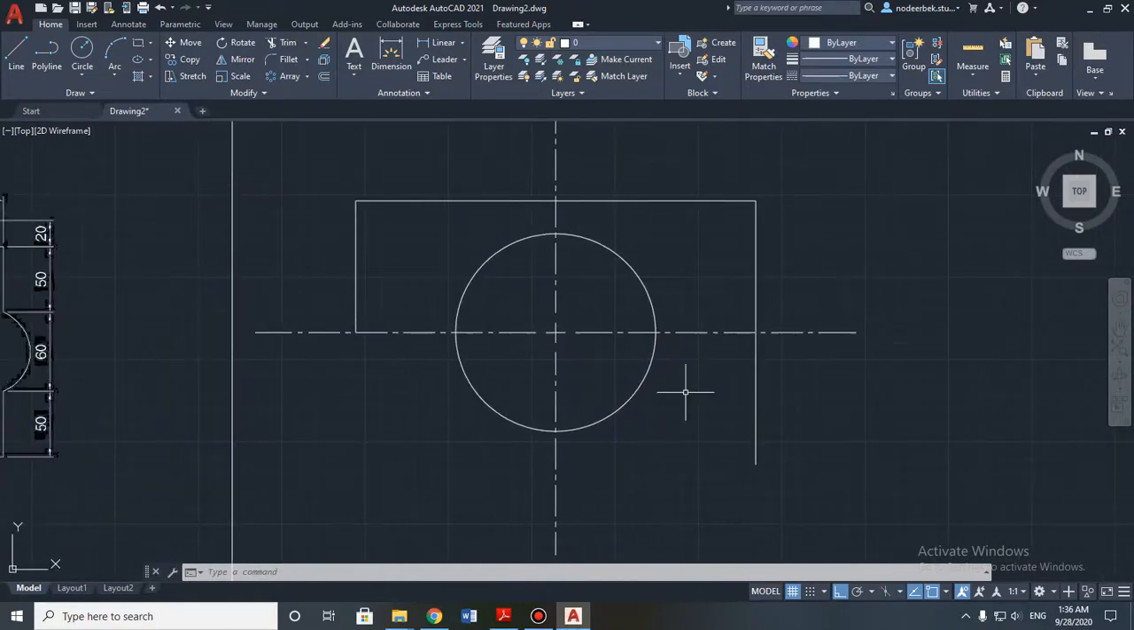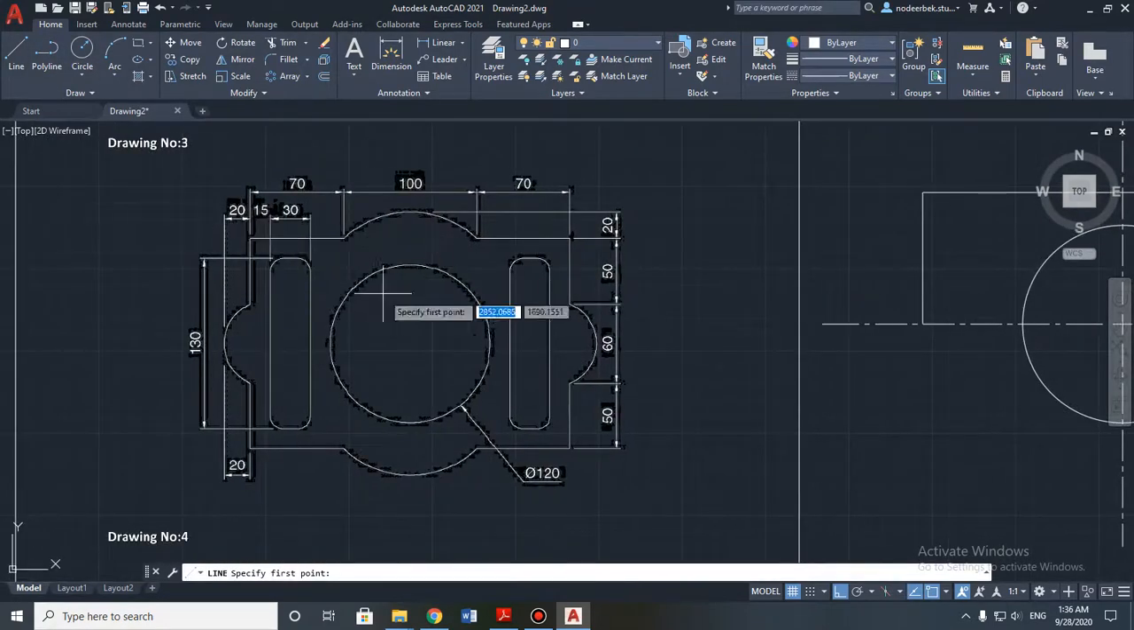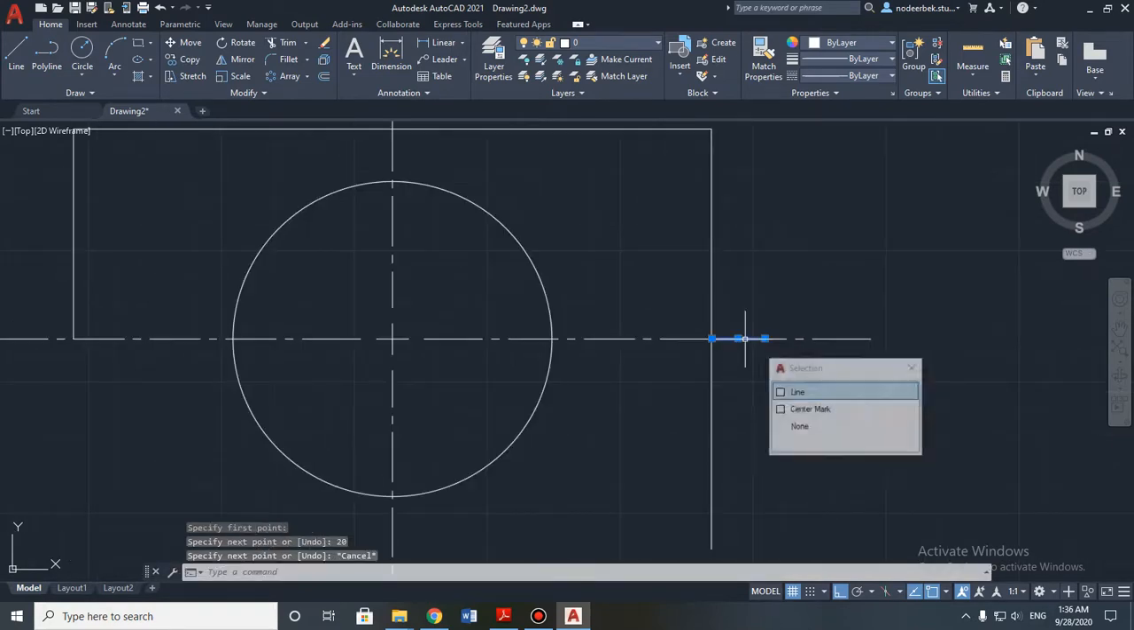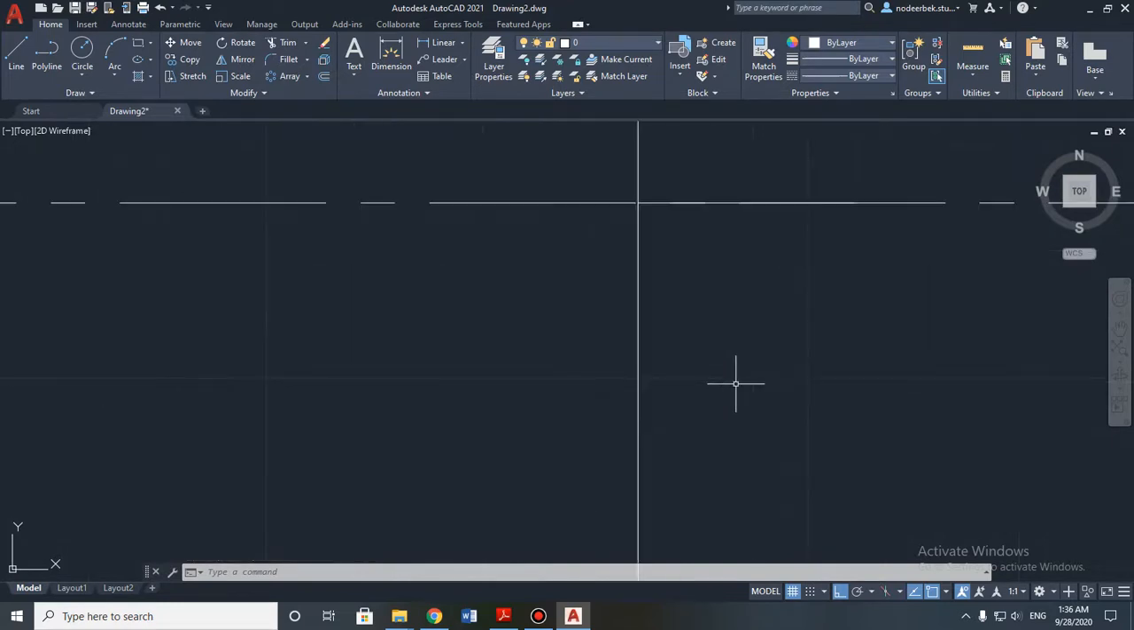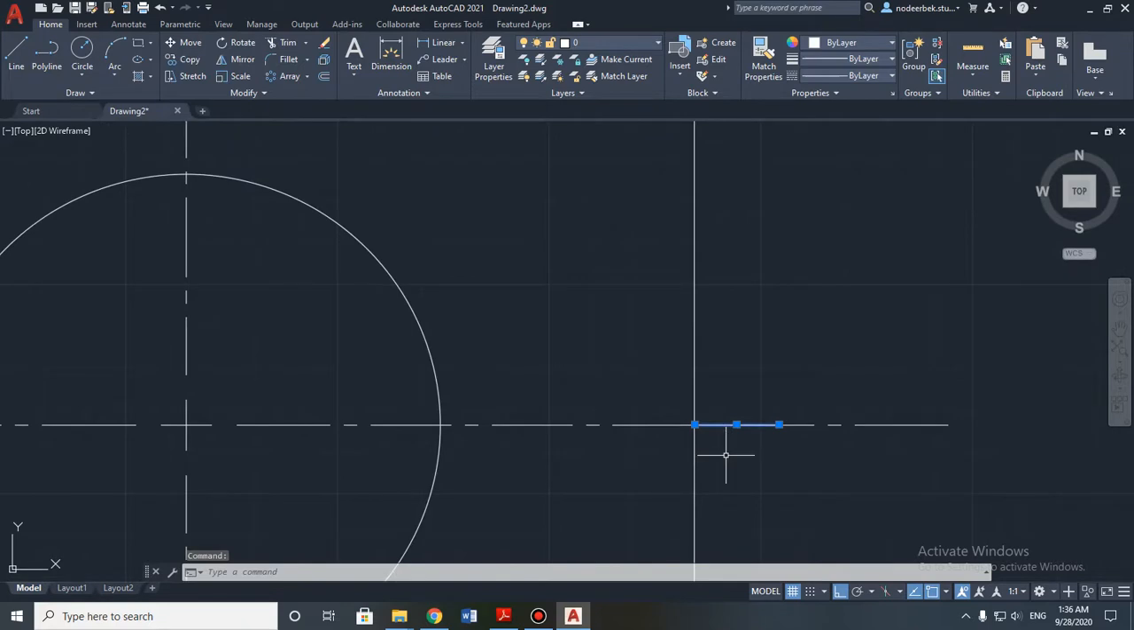I want to do like this. I want to build one circle with like 20 millimeters here, one line, sorry, 20 millimeters. Put this part 20 millimeters. Just select the line, and then we need to copy it